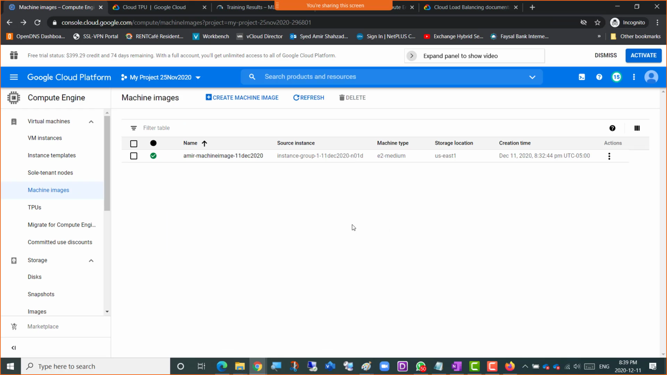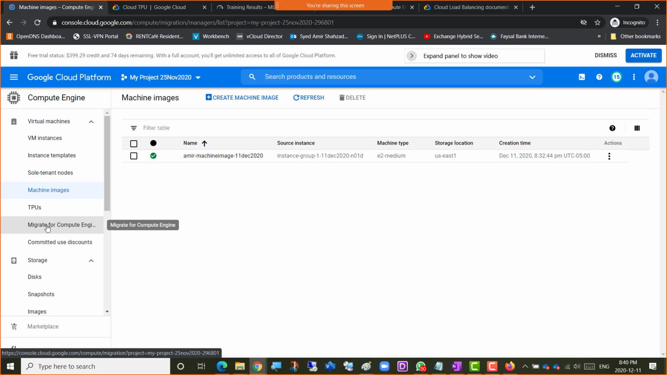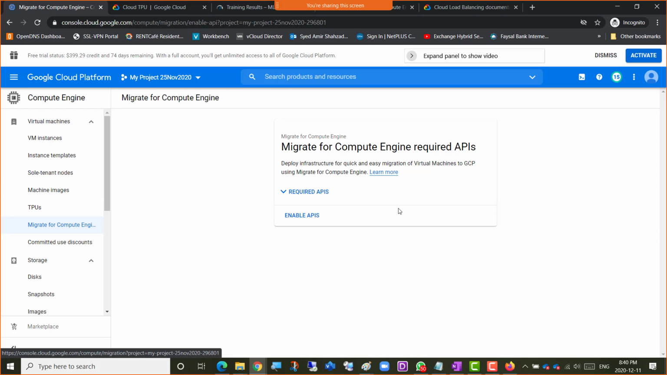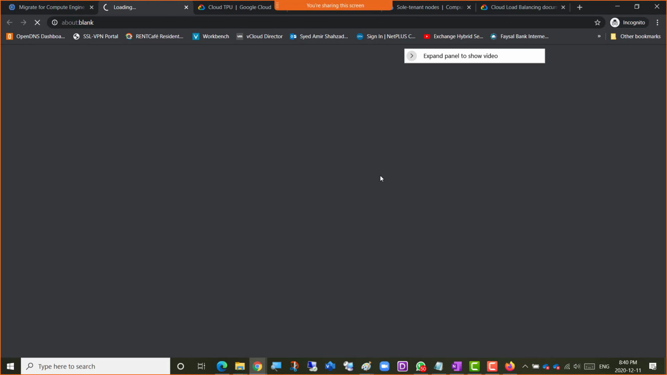So we get the image. It's pretty straightforward. And TPU also for machine learning. Then there is Migrate for Compute Engine, and that is deploy infrastructure for quick and easy migration of virtual machines to GCP using Migrate for Compute Engine. So if I click the learn more here,